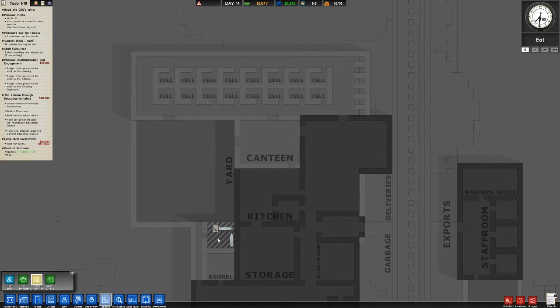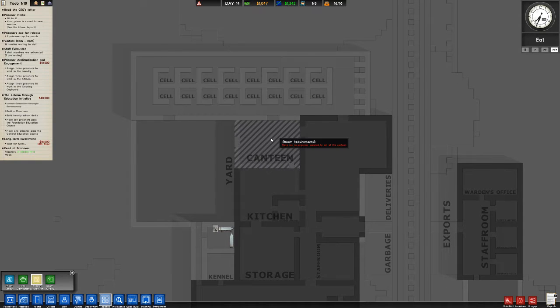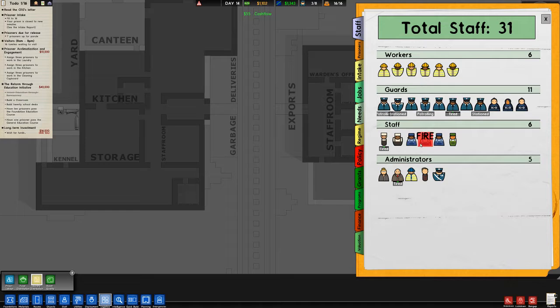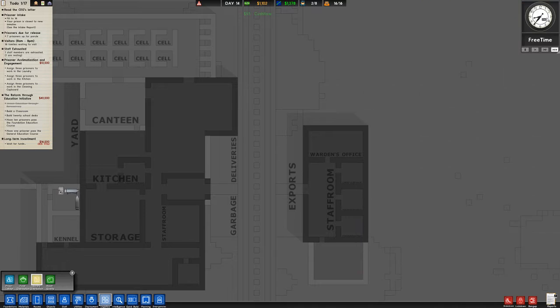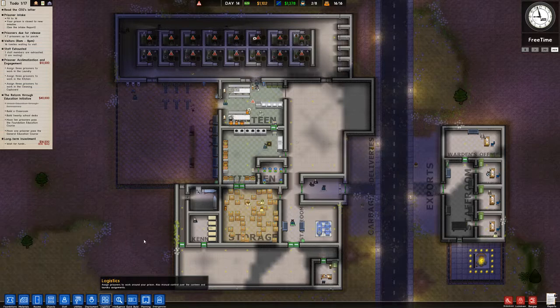That's really not helpful, because I'm clicking the laundry, clicking the cell block, clicking the laundry, and there's nothing saying where this is. I don't like that. But I've got a couple janitors, right? I've got a couple, 3 janitors. Well, now I've got 2. Once I build the reception, I'm going to need...